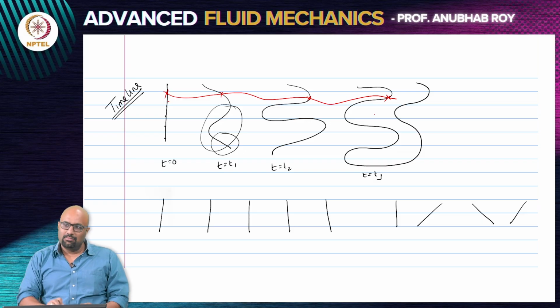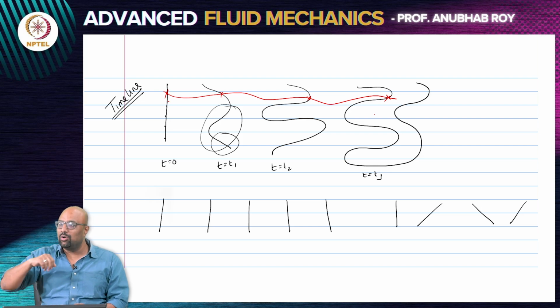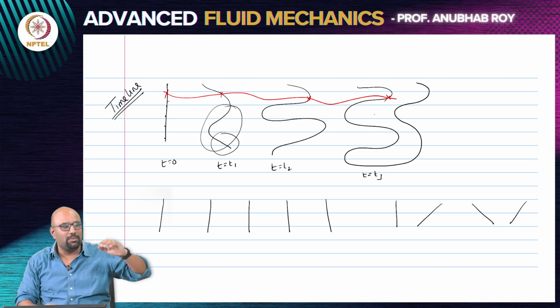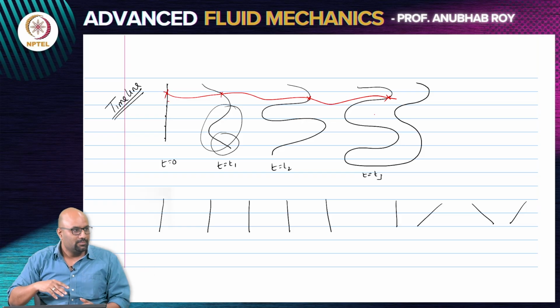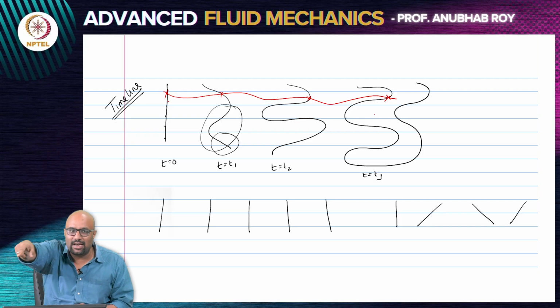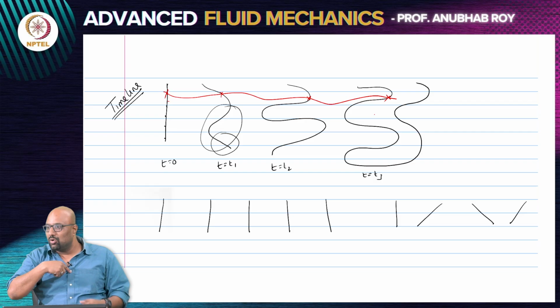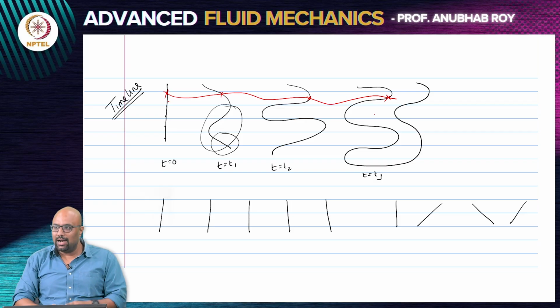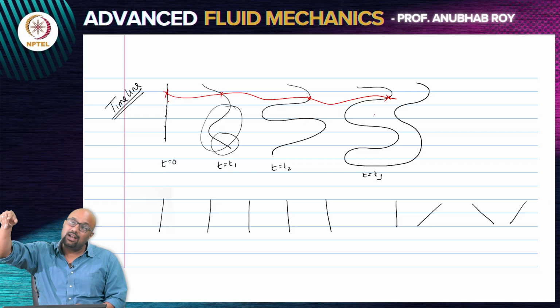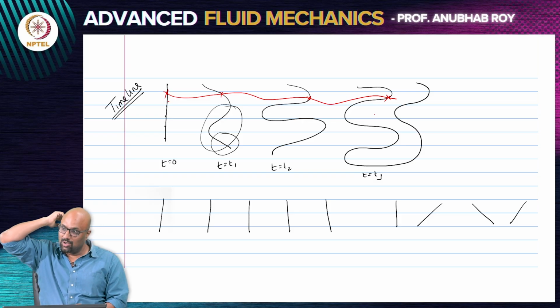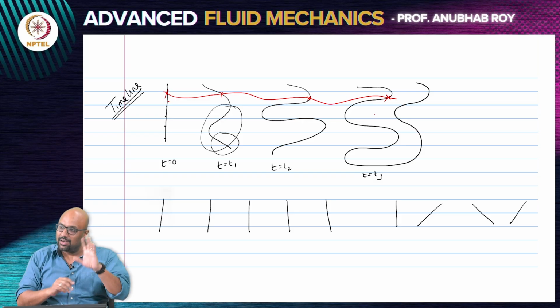Streak line would be: all of you are entering through that door at different instants. All of you have not come into the class exactly starting at the same point. And then I say, okay, now where are you located? Let's say the first person to enter was Himanshu, and I was the last person. So I draw a line which connects all of you and then comes back to me. So at a particular time frame, all of you have entered at different instants in the past.